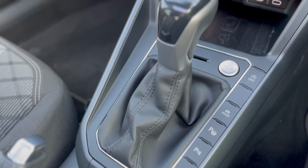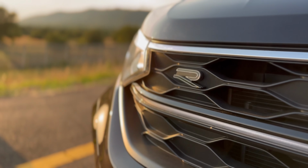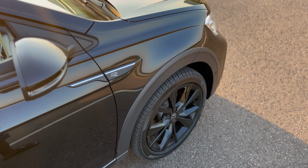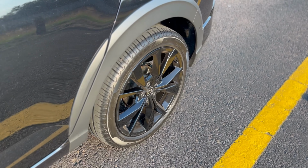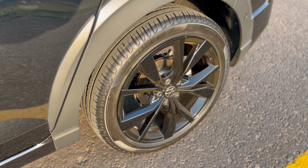So it takes some time to get to speed, but once it goes through the numbers, like once it gets to about 30, then it just starts climbing. It becomes much better. So I think that's where my conversation of the DSG and the 2 liter comes into play. I prefer the DSG gearbox in a 2 liter. In this one, not really a fan because of that lag, and what has forced me to do, so that I can counteract that,